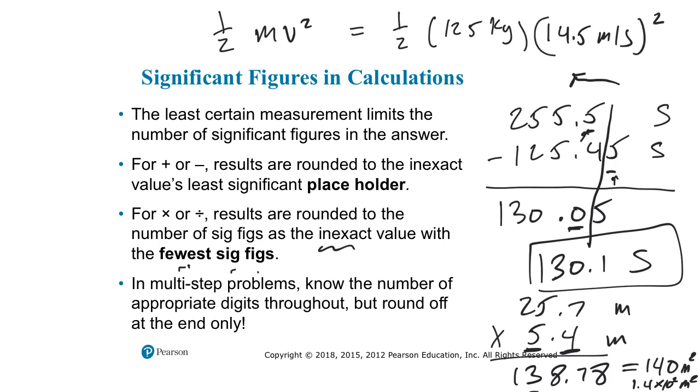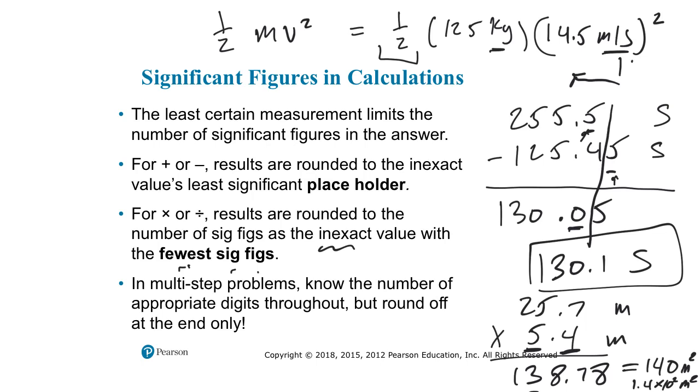Okay, so if we're doing this particular problem here, one thing I want to note is the 1/2 is not an inexact quantity. That's just in the equation, so that's an exact quantity. The inexact quantities are the values that we have represented as measurements, the measured quantities in the calculation. So I do 125 times 14.5 quantity squared, the 14.5 squared, and then we multiply that by a half, and that gives me